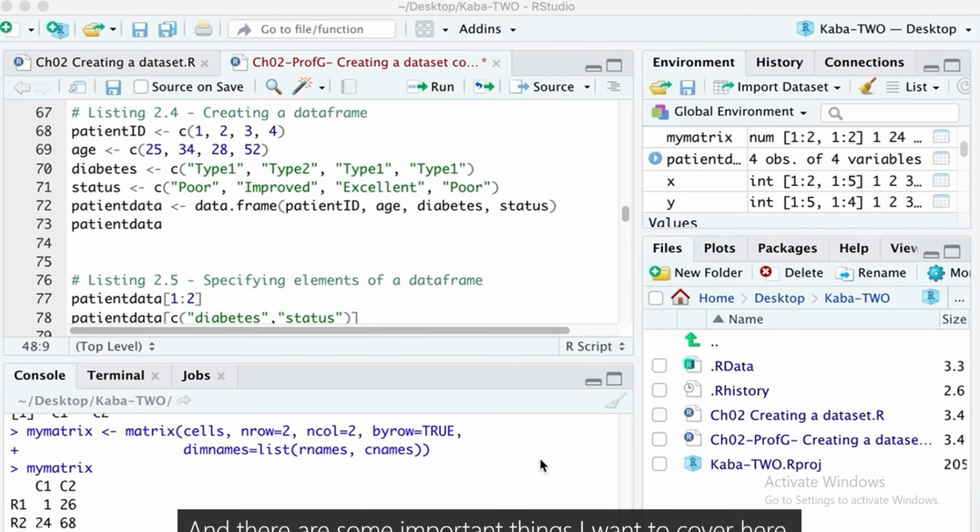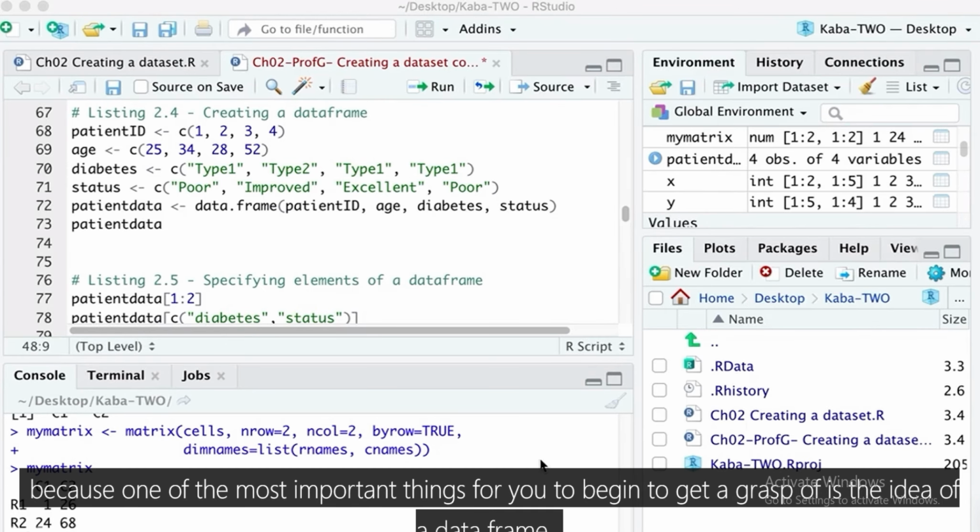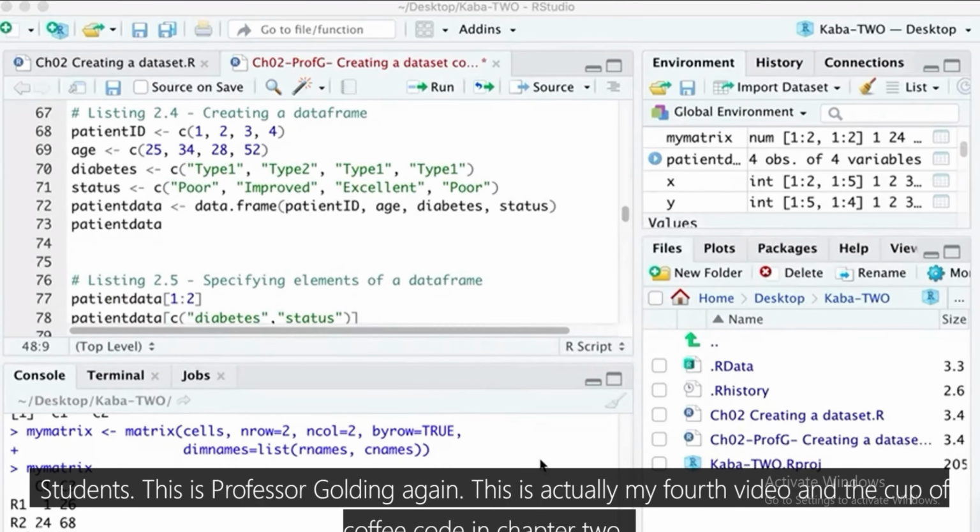This is actually my fourth video on the Kabacoff code in chapter 2. And there are some important things I want to cover here in my last one. And I promise this will be my last 5-minute video on the Kabacoff book. We have a lot of other code, a lot of other statistics to cover on this channel together. But I want to scroll down near the bottom or maybe just near the middle of the Kabacoff code, because